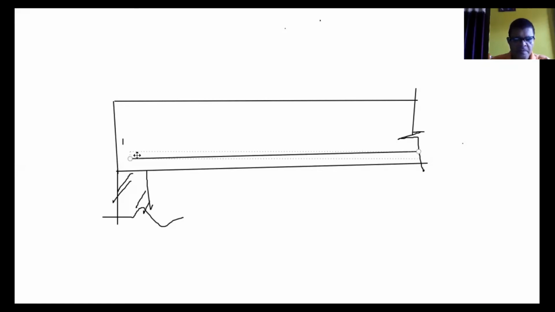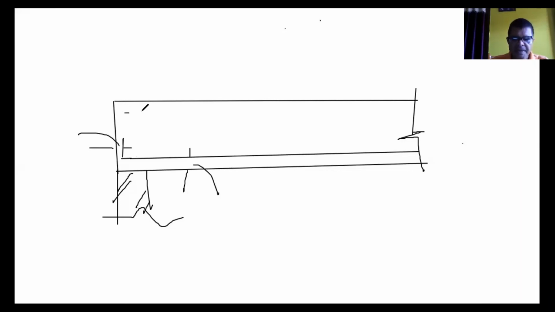Okay. Now for this, suppose you have provided some kind of holding bars. So now this is like this. You have provided like this. Now you see here, you have to provide cover here, okay, and also cover here. This is the cover. This is also the cover. Minimum cover shall be maintained on all the sides. That's the point of discussion.